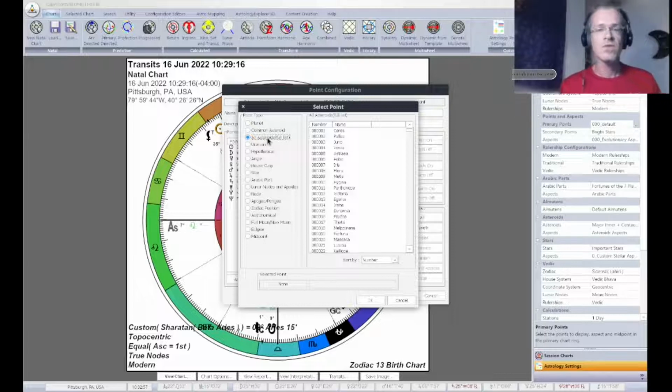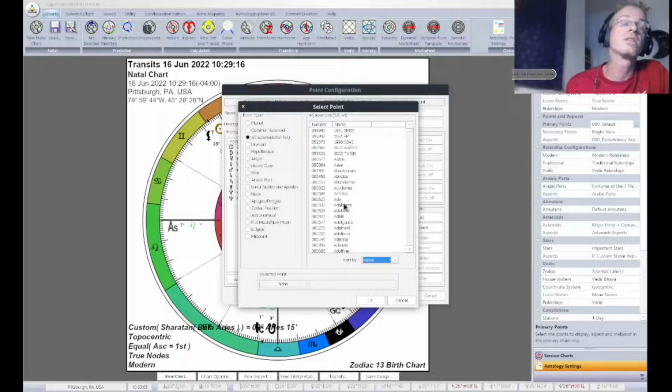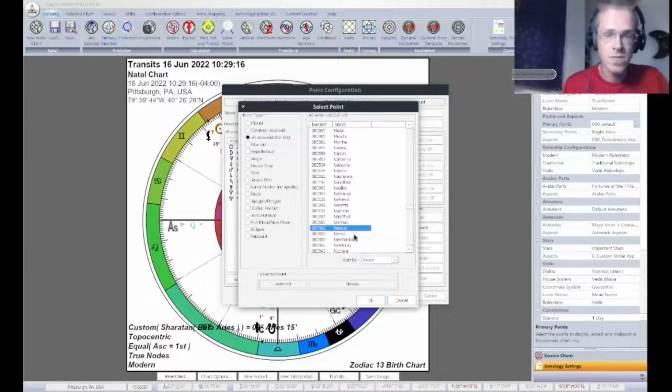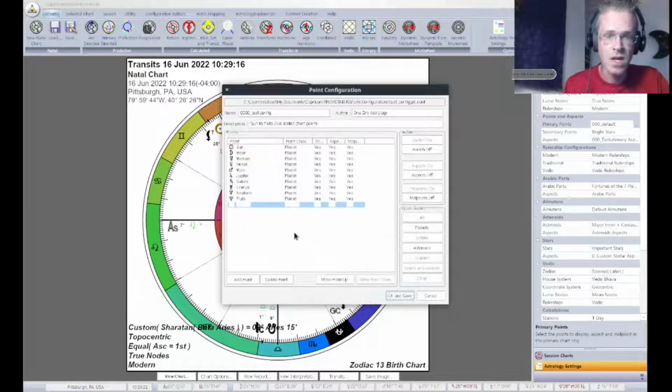Let's say we want to find out of all the asteroids, we're going to sort by name, and we're going to find the asteroid Nessus, just a random, more obscure asteroid. So let's go down to the ends. There's Nessus. Here we go. So we're going to add Nessus. Okay. Pow. We go to OK, and right away we have Nessus added